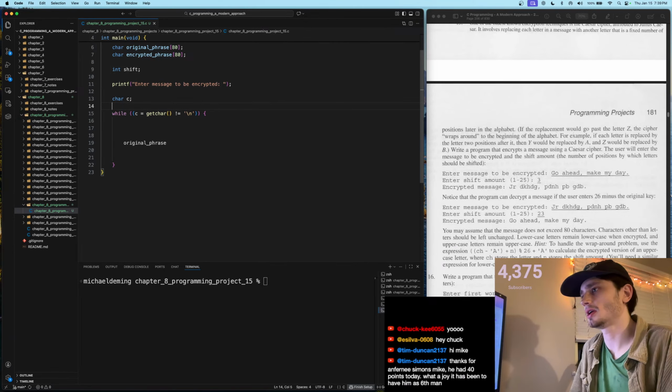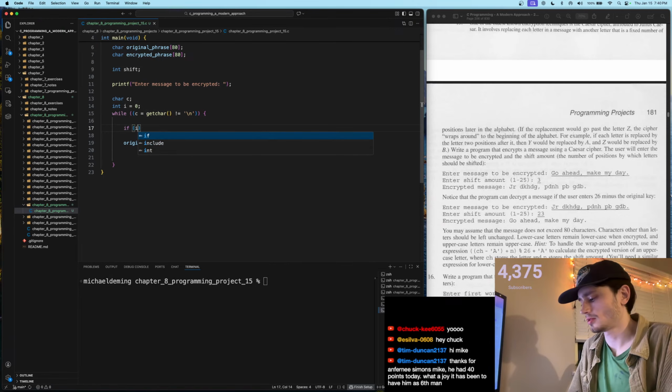So then we'll say int i is equal to 0, and then original phrase index of i is equal to the character. And then if i is greater than 80, right, we're gonna